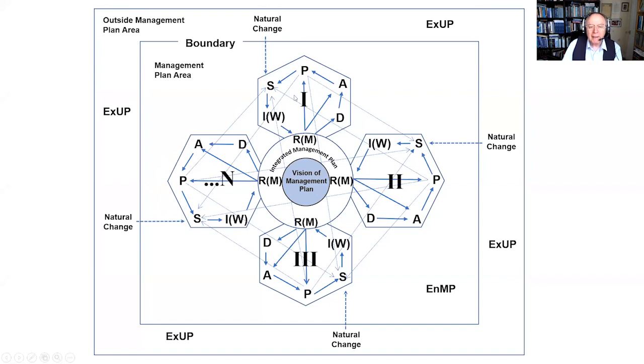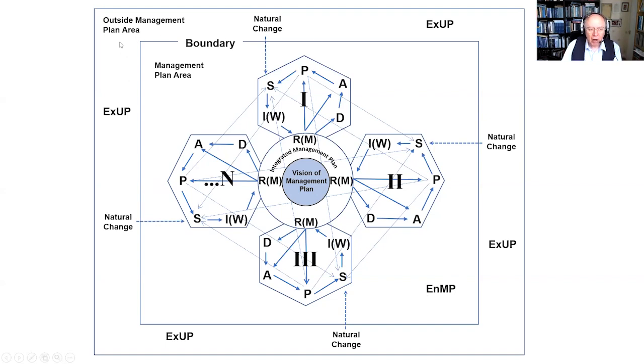Now, all I've done here is modify these to put the RMs together. And if we have all these responses together, we could call that an integrated management plan. And we start to talk about these as Davies-Vollum petals, because this looks a bit like a flower. So they all occur within your management area, the area you're managing. And within those, we have what is called endogenic managed pressures. Now I'll come back to that in a minute.